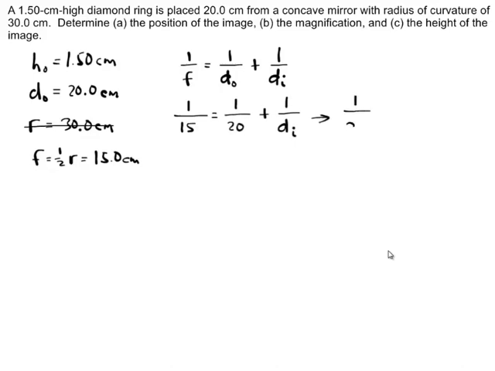That means that 1 over dI equals 1 over 15 minus 1 over 20. The way I do this with the calculator is I'm actually going to enter this as 15 to the negative 1 minus 20 to the negative 1 equals. That's going to save you a lot of time and heartache. Now what that's going to give you in this case is that 1 over dI is equal to